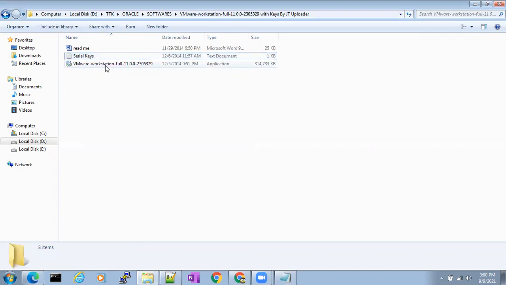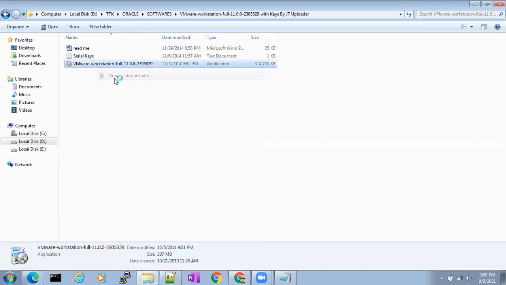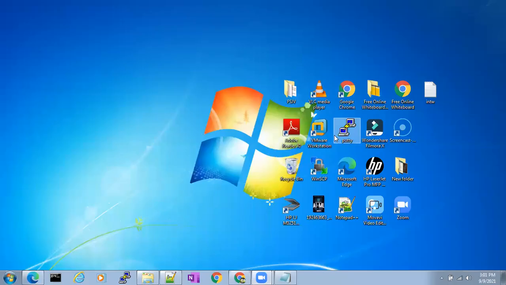How to install VMware, I'm showing you first. When you get the software like this, just right click, run as administrator. Just click on yes. Now I'm not doing it because I already have VMware installed on my laptop.